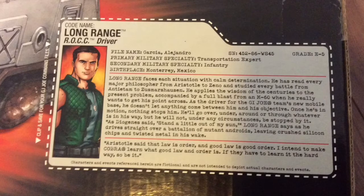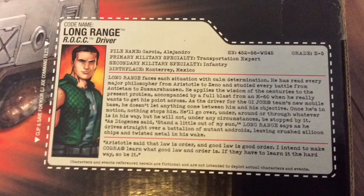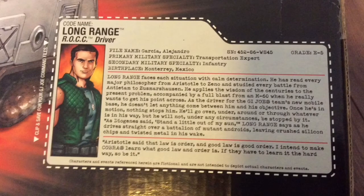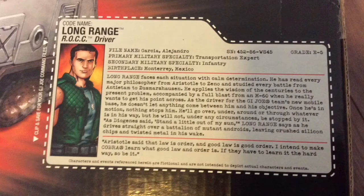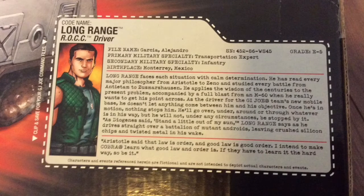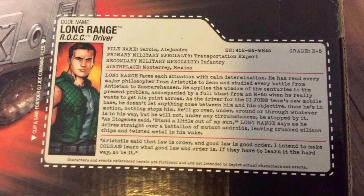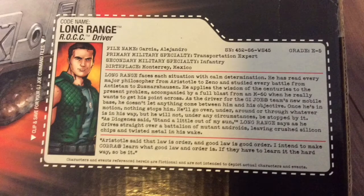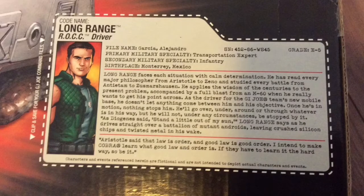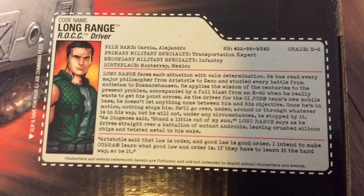He applies the wisdom of the centuries to the present problem, accompanied by a full blast from the X60. When he really wants to get his point across, as the driver from the G.I. Joe team's new mobile base, he doesn't let anything come between him and his objective. Once he's in motion, nothing stops him. He'll go over, under, around, or through whatever is in his way, but he will not under any circumstances be